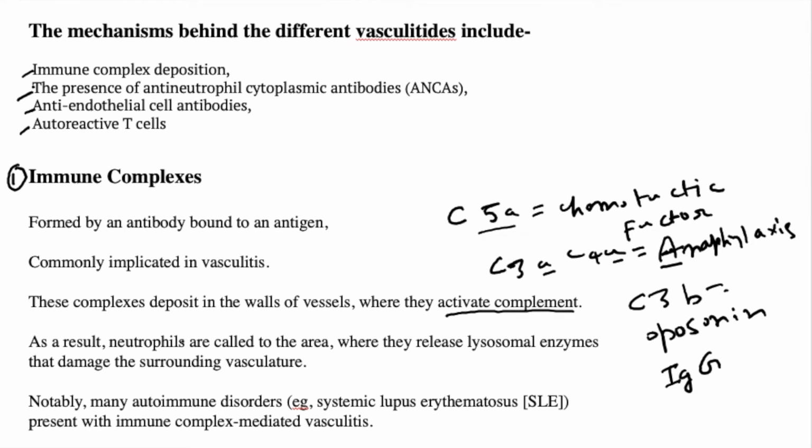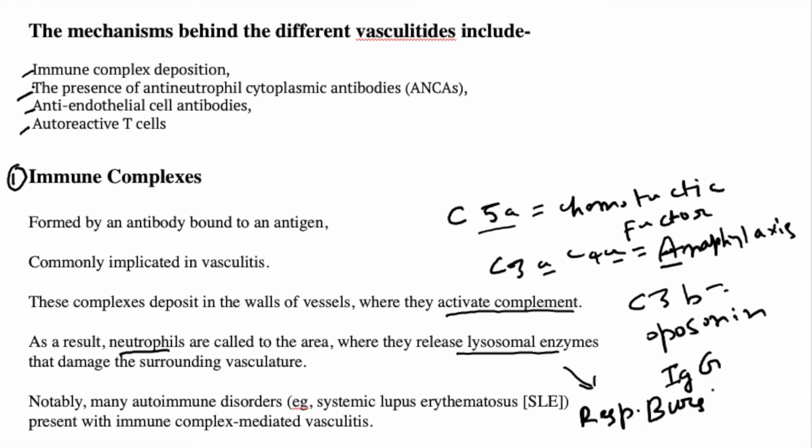We will not go into detail in the immunology, but here the immune complex formation activates the complement system, and the complement system, especially C5a, attracts the neutrophil to the site of vascular damage. Neutrophils are called to the area and they release lysosomal enzymes. Once the neutrophils come to the site of damage or inflammation, they trigger what is called the respiratory